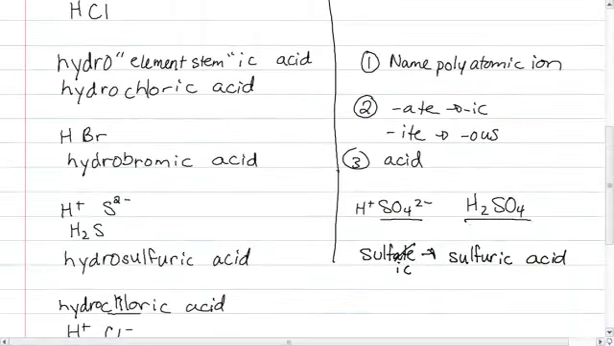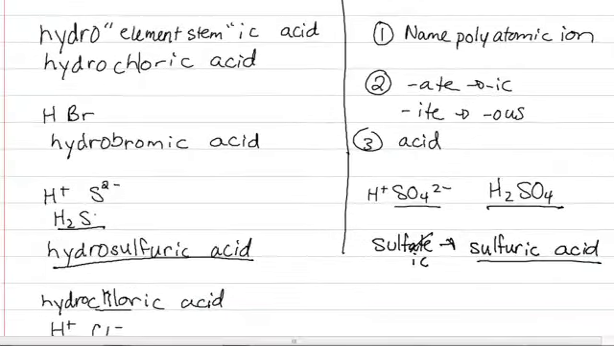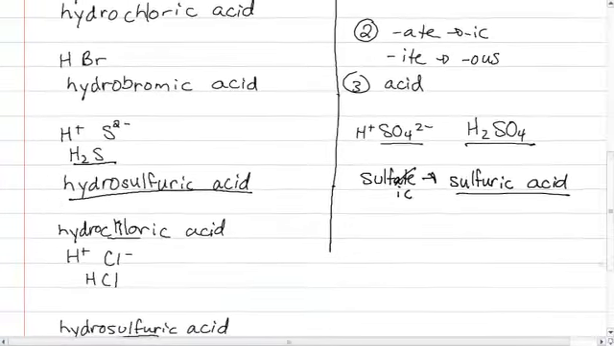Notice it's very different, sulfuric acid, from hydrosulfuric acid. Hydrosulfuric acid does not have the 4 oxygens that sulfuric acid has. It's a very important difference, and that's why we have to have the 2 different naming systems. Another example,